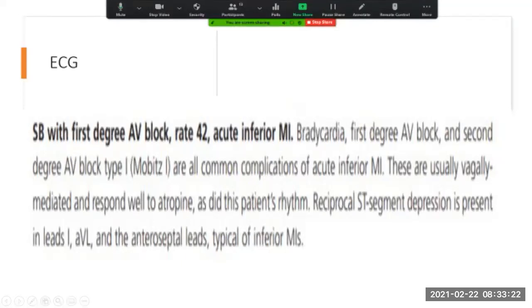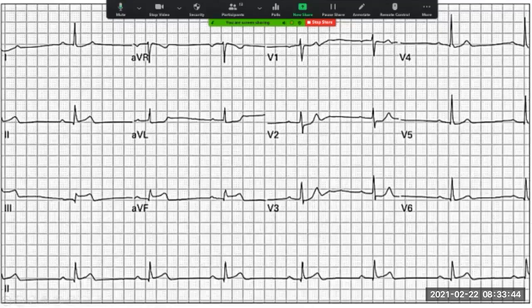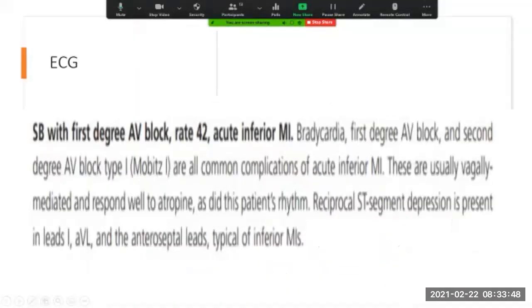So what does that mean, right? When it says it's vagally mediated, what it's saying is that the vagal nerve, which is in charge of our heart, sends all its impulses to our SA node, the sinoatrial node, not to the atrioventricular node, okay? So when you have these types of blocks, let's go back one, that have these narrow QRS complexes, they actually respond well to atropine because atropine stimulates that vagal nerve.